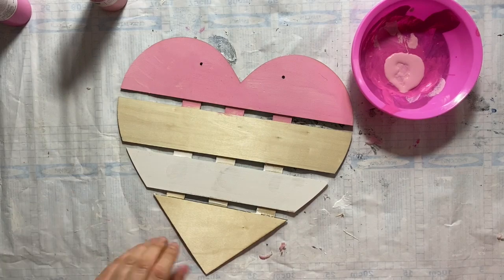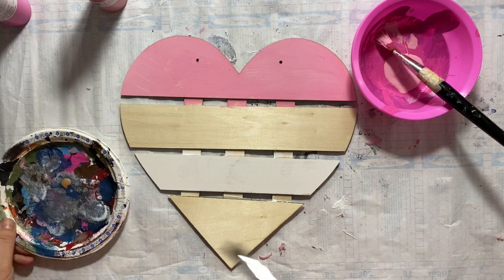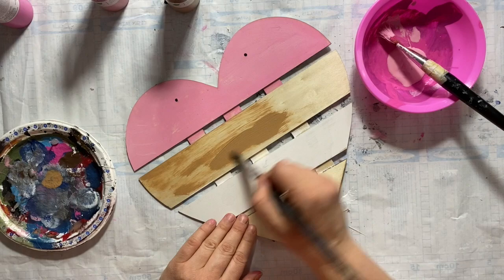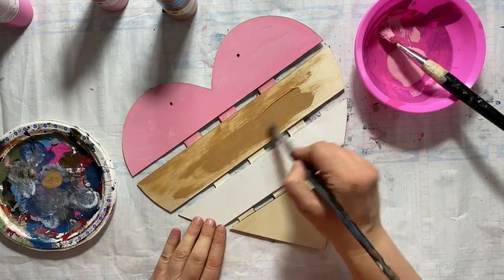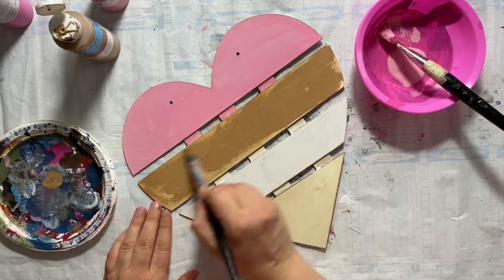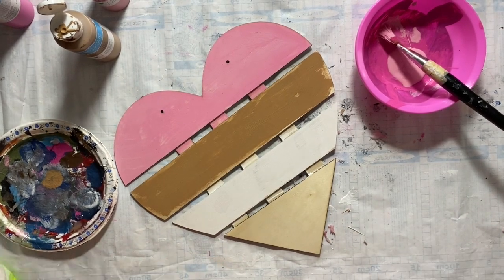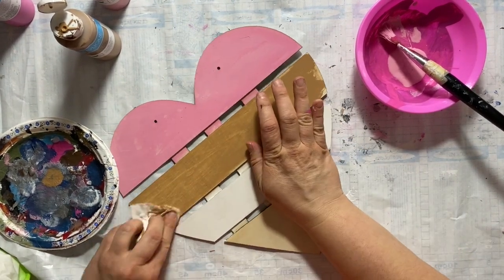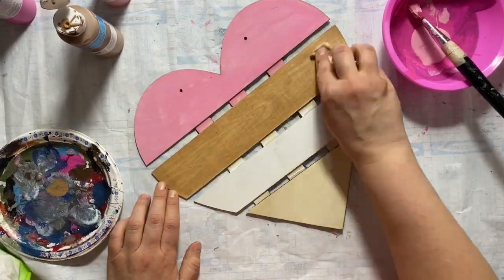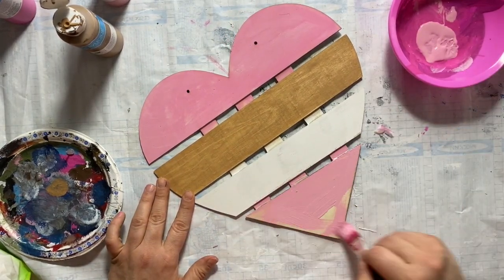Then the next line, after I paint this, I'm going to be doing in kind of like a brown stain, but what I'm doing is making my own stain by using this cashmere paint, just very little of it, and just very lightly spreading it on the wood. And then I'm going to take a baby wipe and I'm just going to rub off the extra paint, and that'll give it kind of like a very subtle brown, almost stain looking paint. And when you're rubbing it off with a baby wipe, try to keep it the same as the grain, and that'll help with keeping it